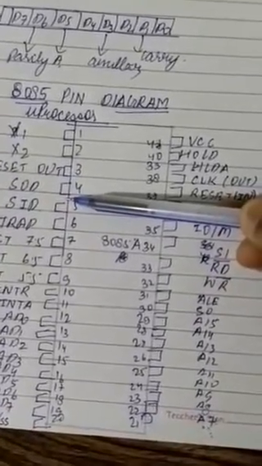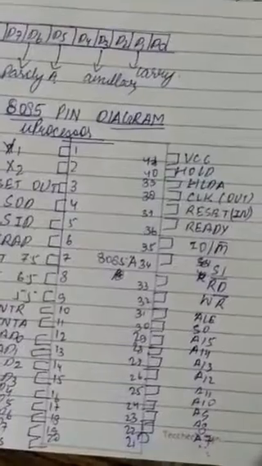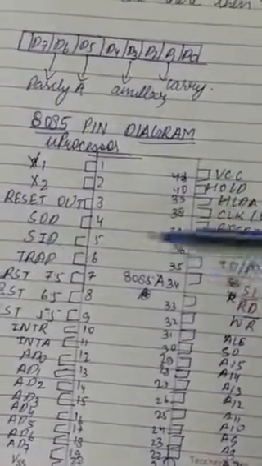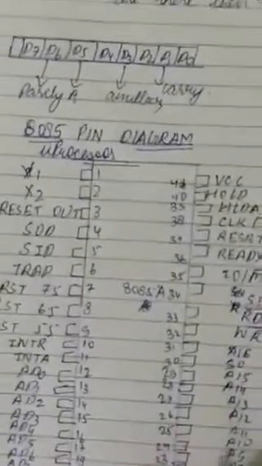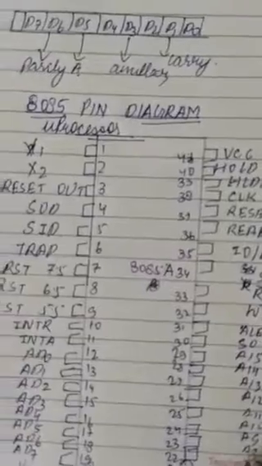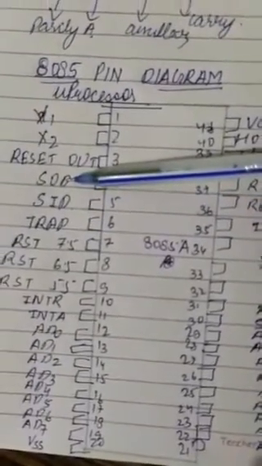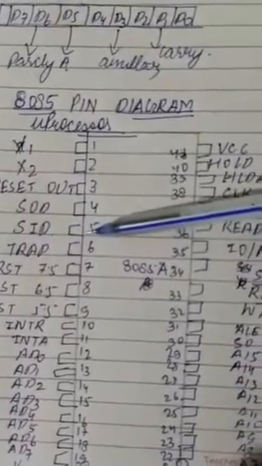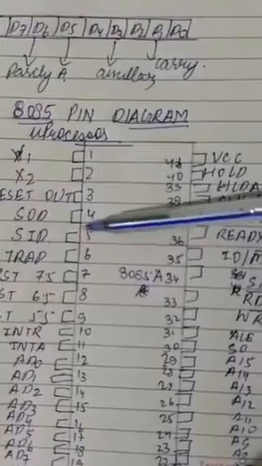That is, it will be displayed on the screen of the monitor itself. For example, when an arithmetic operation is performed to calculate the addition of two numbers, the two numbers will be input serially through this pin, and the output that the processor gives out will come from pin number 4.